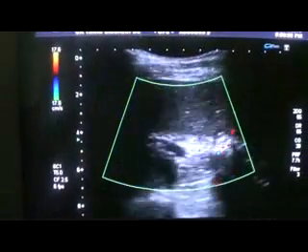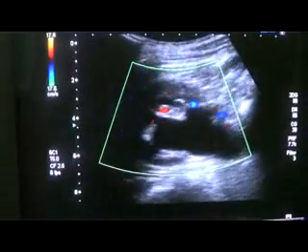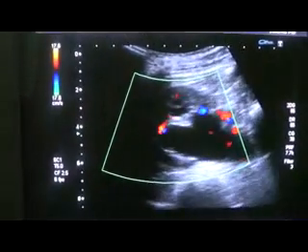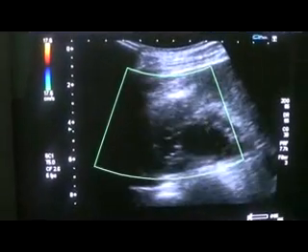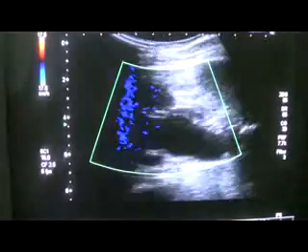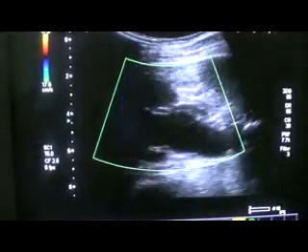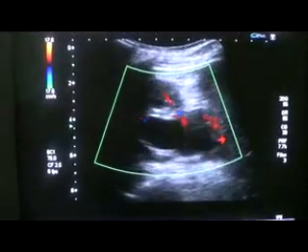I'm going to show you the transverse section of the kidney. And we do see blood vessels going to the parenchyma, perfusing the parenchyma, but they are too few in number as compared to the left kidney that we saw